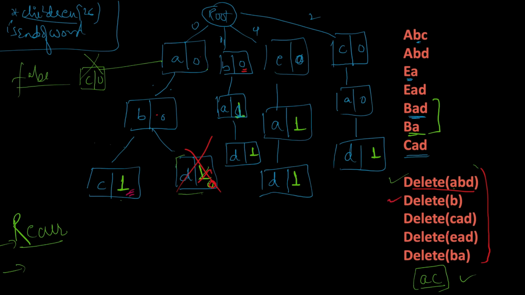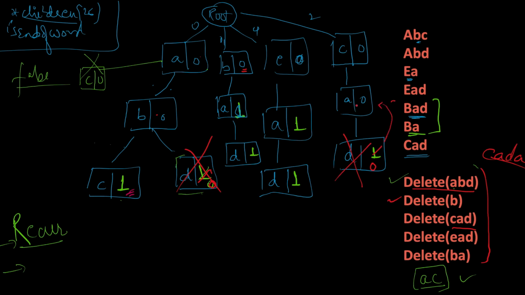Now let's see another example. Delete the word CAD in this trie. So we'll go to the bottommost node D, and we'll mark this end of the word as 0. Now since D does not have any further child, or say there is no word such as CADA, if it was existent, then there would have been another node following the CAD, right? So there is no further node for this D, then we'll delete this D node and we'll return a null here.